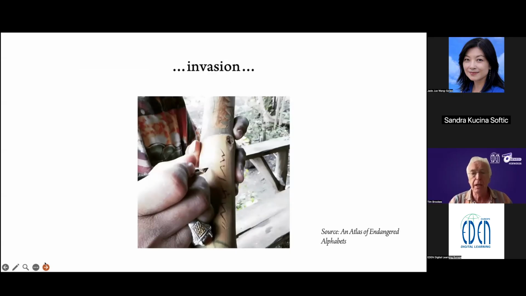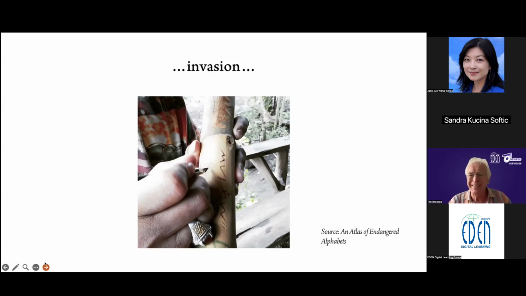In some cases, it's a matter of invasion. This is someone writing in one of the indigenous scripts of the Philippines. So when the Spanish invaded the Philippines and introduced Spanish language, they also introduced the Latin alphabet. And anybody who wanted a job, for example, alongside the Spanish administration, needed to learn not only Spanish, but also the Latin alphabet. And so scripts like this, which are obviously